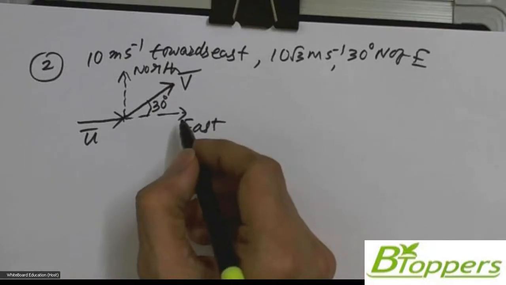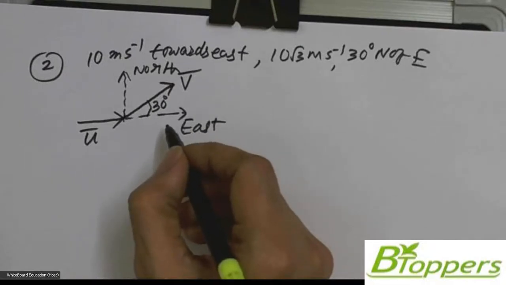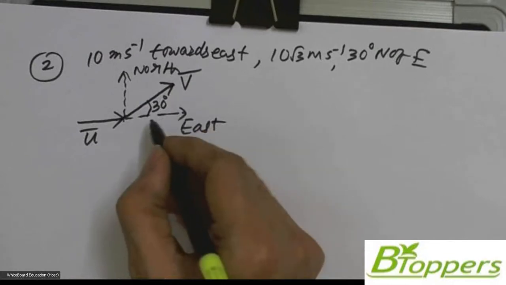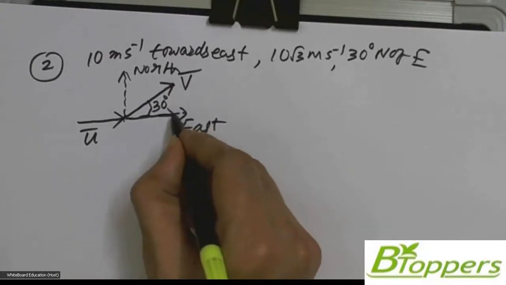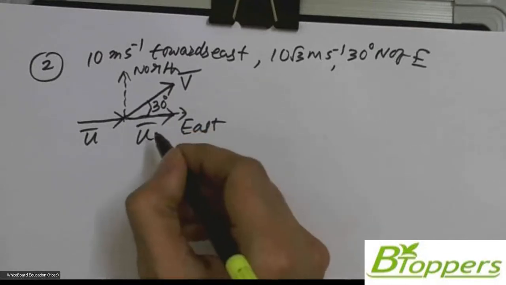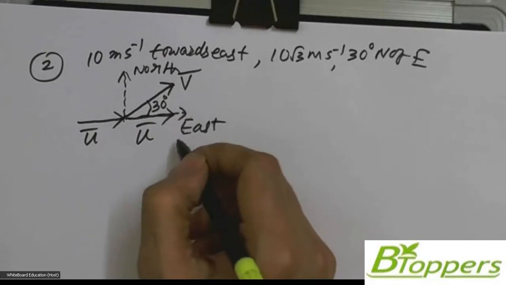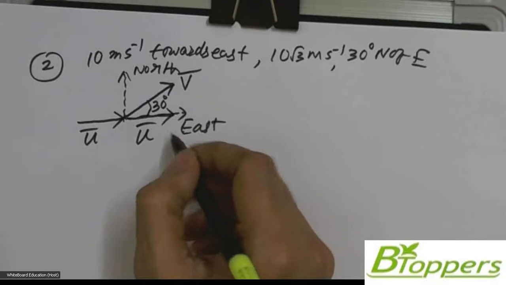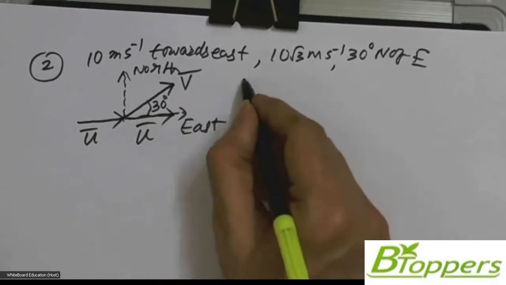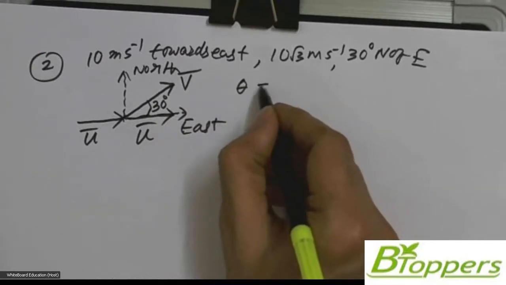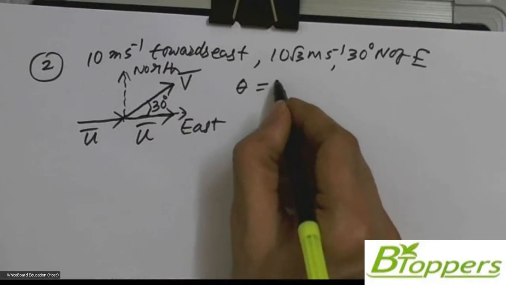In order to know the angle theta between two vectors by the graphical method, the two vectors can be graphically represented such that the tail of one vector is attached to the tail of the other vector, like this. So the angle theta between v bar and u bar in this case is 30 degrees.